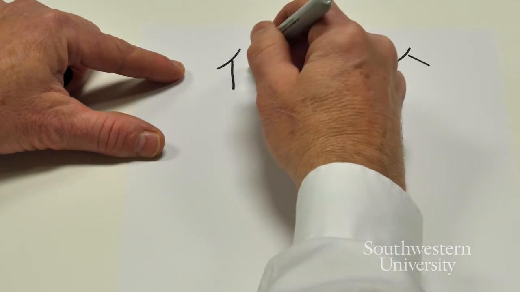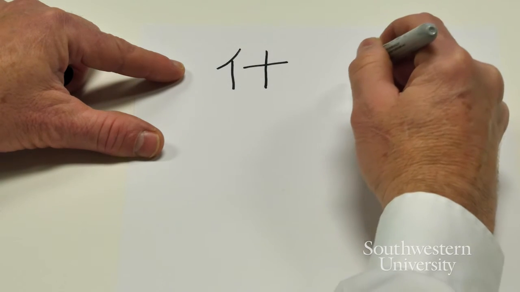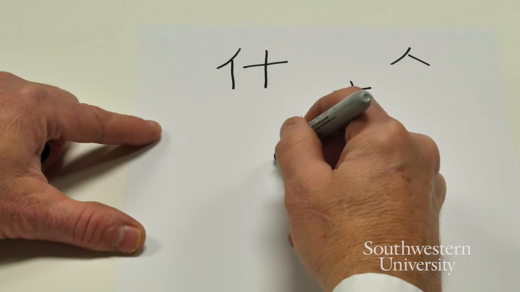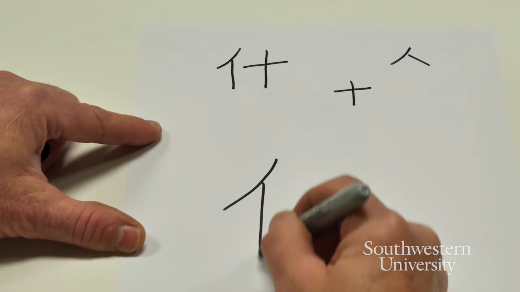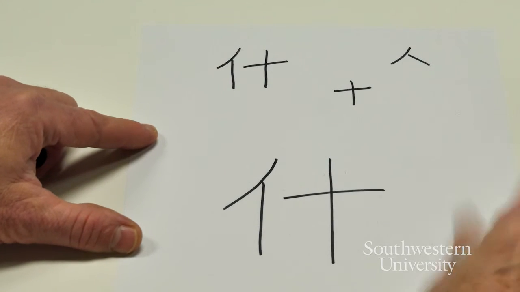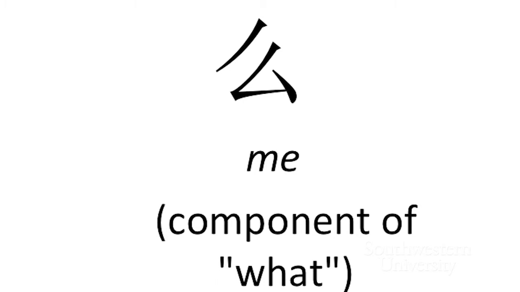And then the other character composing it is shi, meaning 10. Shi means 10. So we'll just write this out. Pie, shu, hung, shu. The bottom part wants to be longer than the top on this one. Shen. And then the next component of shema